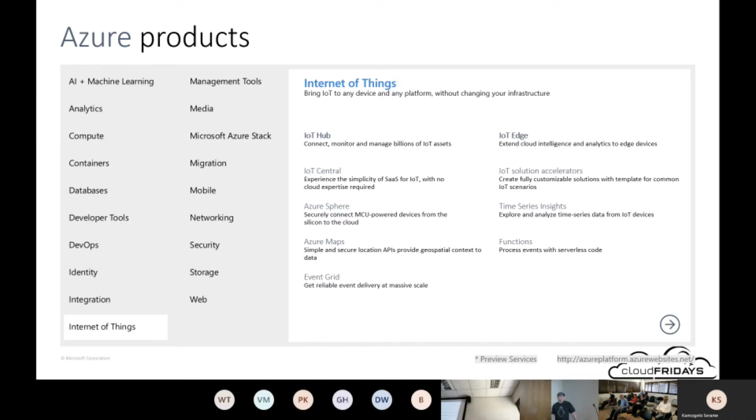IoT. Yeah. It's got a network point or USB. Any hardware thing that can talk. So look, when it says here, bring IoT to any device, any platform without changing your infrastructure. Essentially what's happening is Azure is becoming this hub, or central place for you to aggregate all of that data. So you've got things like device twin, which is also really cool,